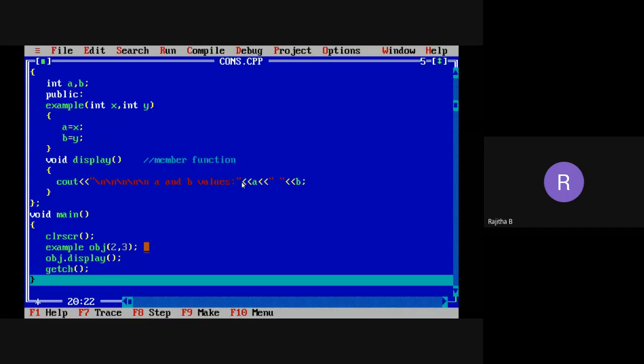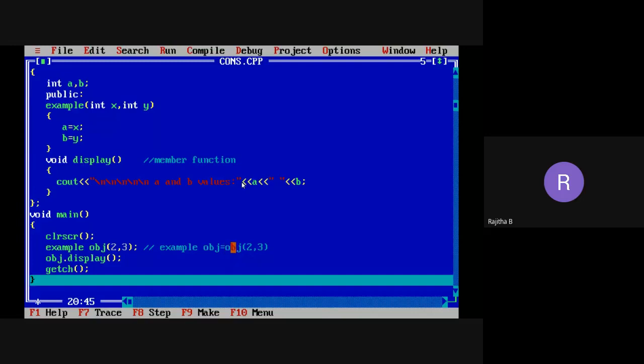So what is the implicit statement of example obj of 2, 3? Now you can see here, I'll write the code here. Example obj equal to, like this. When you are reading example obj, it is going to take the statement obj equal to, where we are passing the parameters, obj of 2, 3.